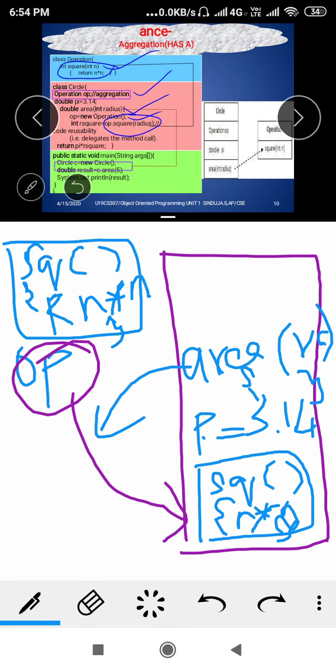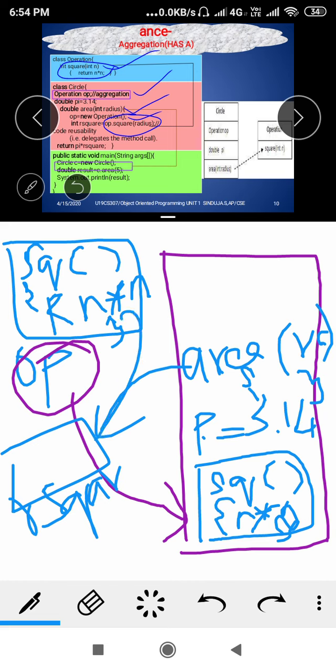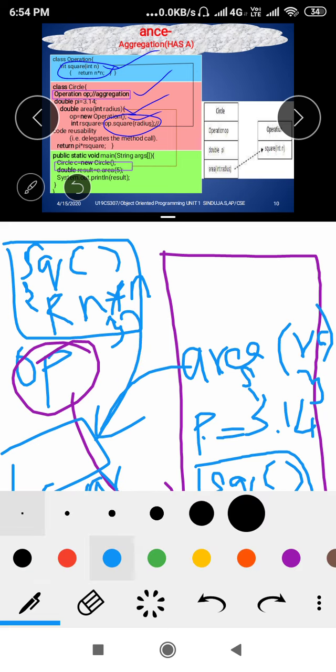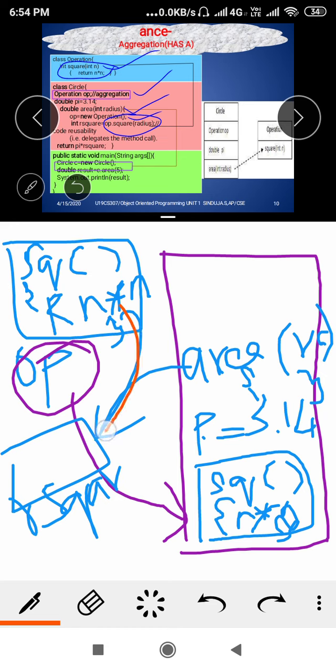I need to find the value of r square. So how do I do it? I can copy the value. I will take the value from the OP by calling the constructor. OP dot square functionality. If I call this particular function, the returned value will be assigned to r square. Then I'm going to calculate